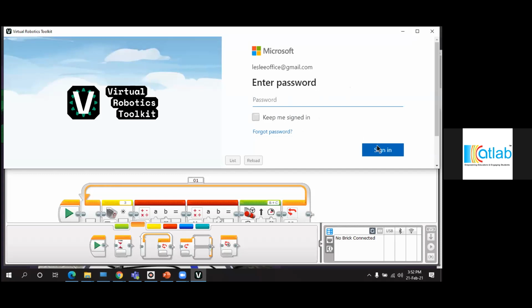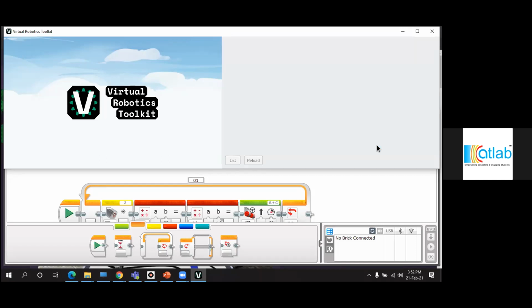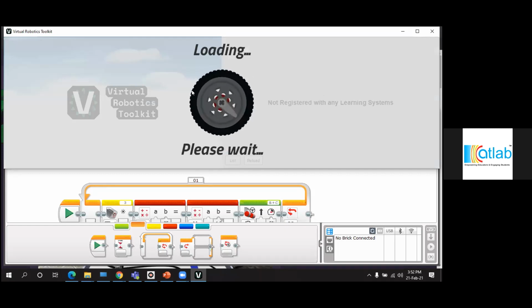Now it's asking for a password. Once you enter the username and password, it will take about 10 to 15 seconds, and then you will get this image loading.